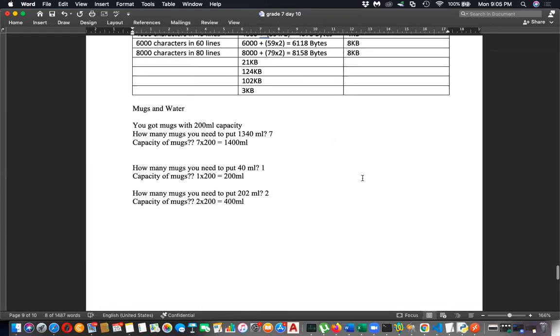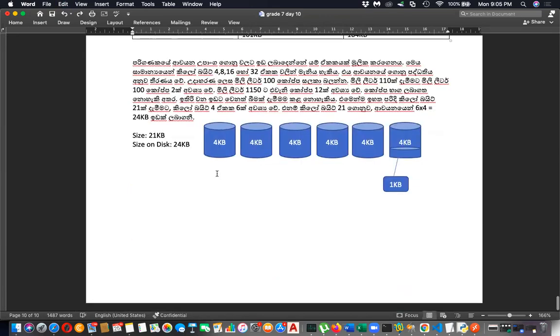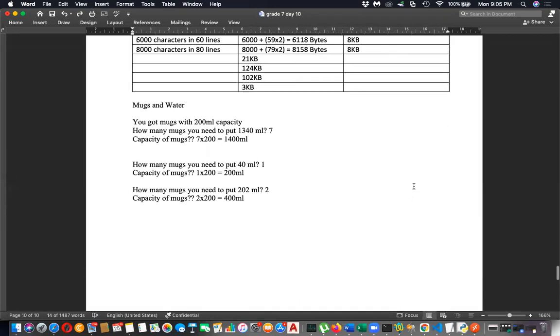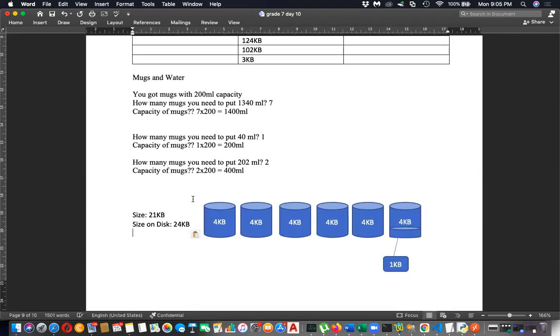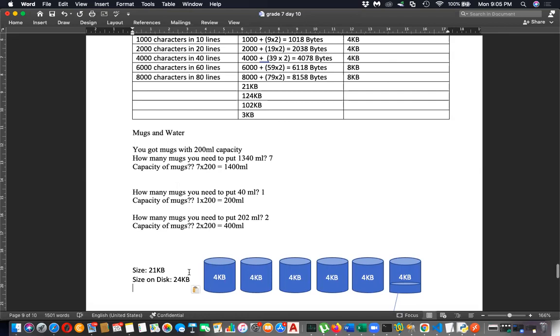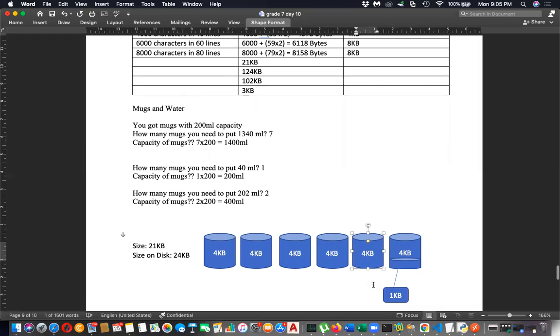When you have 21 KB, sorry, I missed that, you need 24 here. Let me show this clearly. If it is 21, it will go 4, 8, 12, 16, 20, and one more KB, but you need another 4 KB.